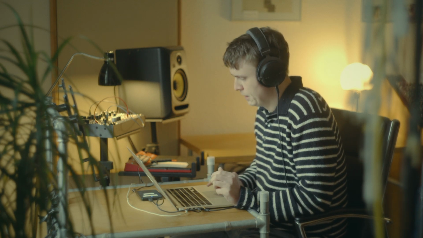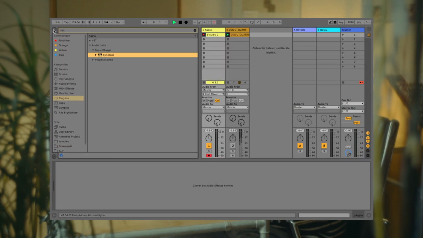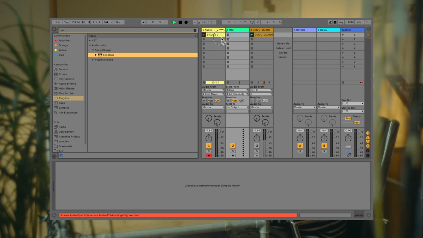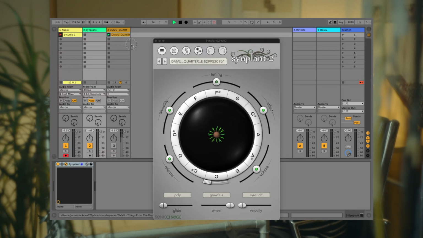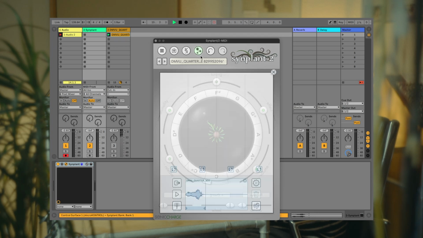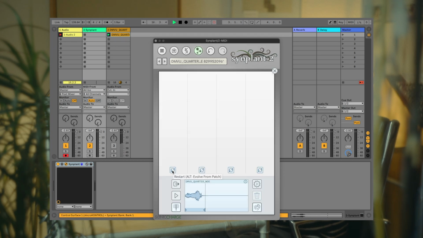One thing which is really important to me to keep things interesting is the choice of sample, but sometimes you just have a sample and you don't know what to do with it, so let's find out how to create variations. The first method is for samples that are more synthesizer based, and for example have this one. There's one tool, it's called Synplant, which I like to use. You can create different variations of the sample. So let's drag it into it. And now we can